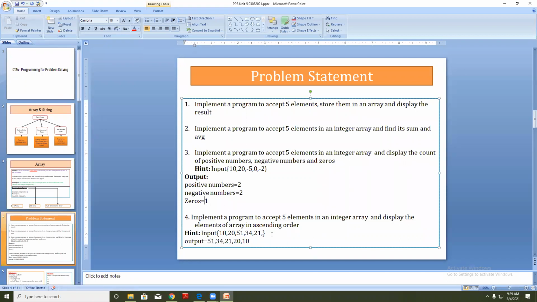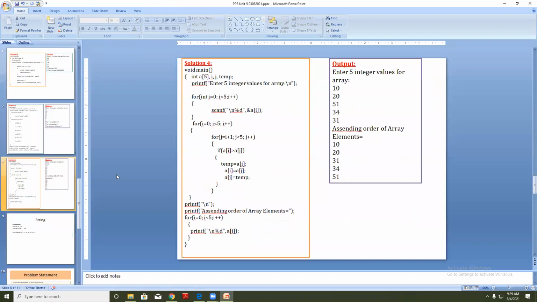And in the last lecture we went through the explanation of displaying the array elements, that means these values of the array, in ascending order. See, if you wish to go for descending, you just need to reverse the condition here. If a of i is less than a of j, if you do this, your output will become descending order.